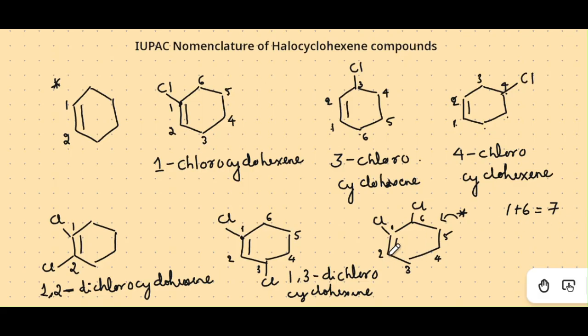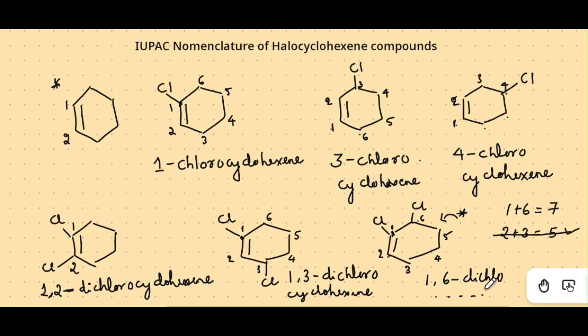If I would have numbered from here, so 1, 2, 3, at 2 and 3 the halogens would have been there, which sums to 5. So according to the lowest sum rule, this is correct. But the lowest sum rule will not be obeyed here because the first rule says that start numbering from the double bond carbons, if there is a functional group on it. Therefore, the right name of the molecule is 1,6